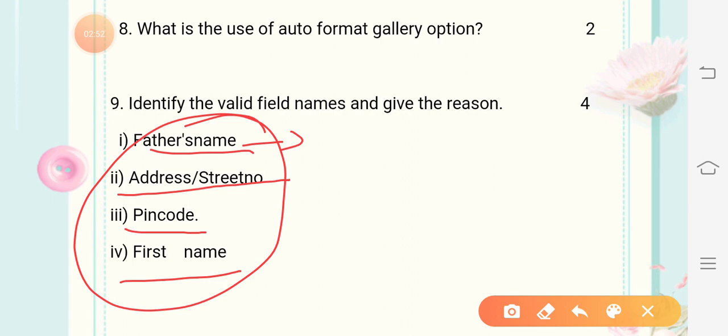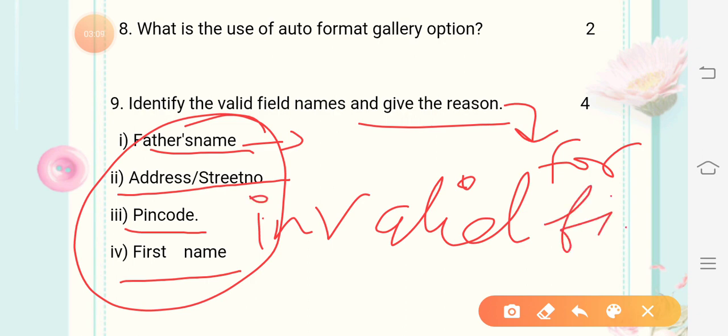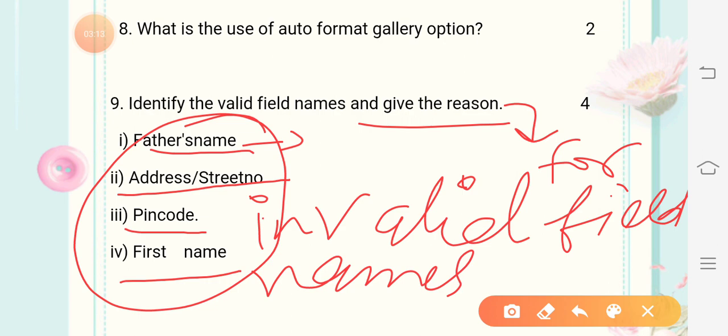If it is a valid field name, then there is no reason to give. You will directly write in front of it valid, right? So for invalid only you have to give the reason. So you can write the question here as: identify the valid field names and give the reason for invalid field names, right?